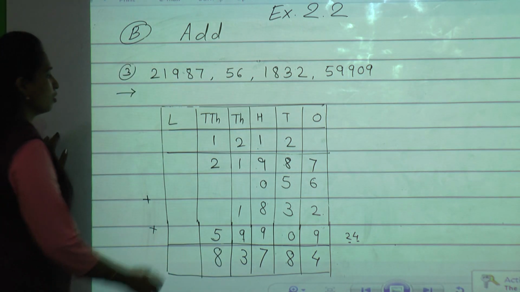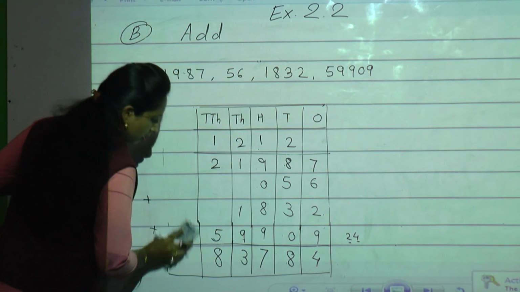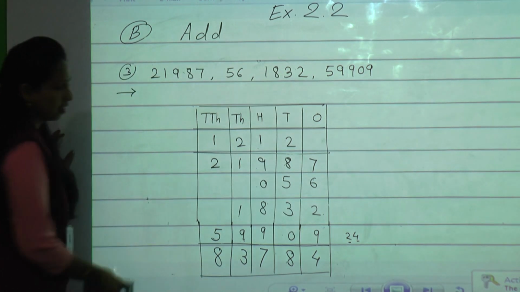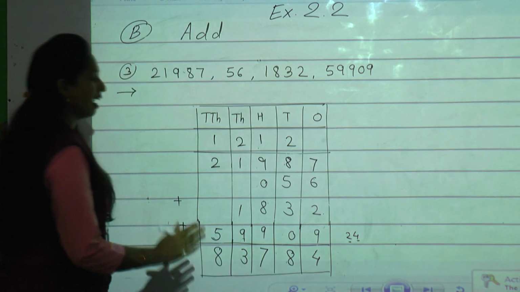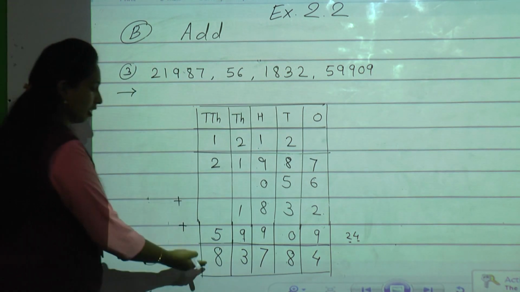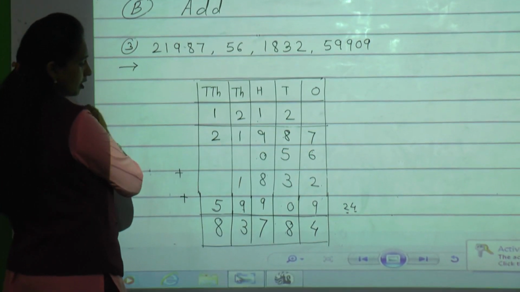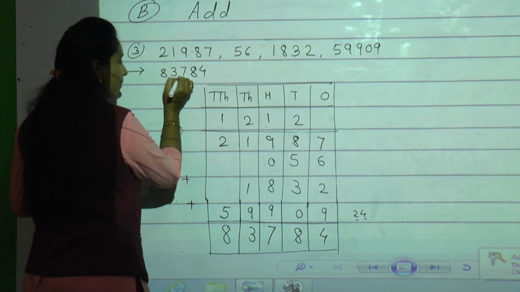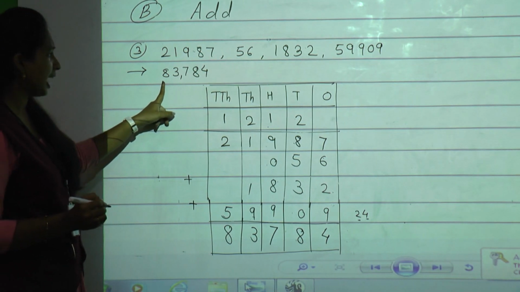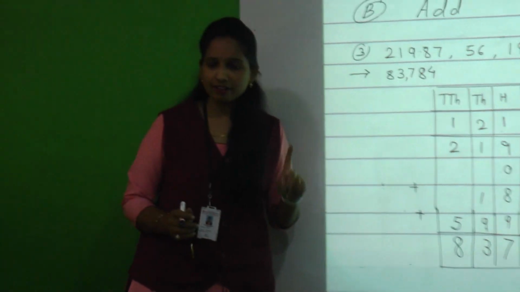Okay. So here in this question also we don't require the lakhs place. So what I said, draw these columns with pencil only and write the answer with pencil and cross check with the answer key, then you just ink it with the pen. But in this question the place value you can write with pen. So what is the answer? 83784. Give a comma after 3 digits. So the answer is 83,784.